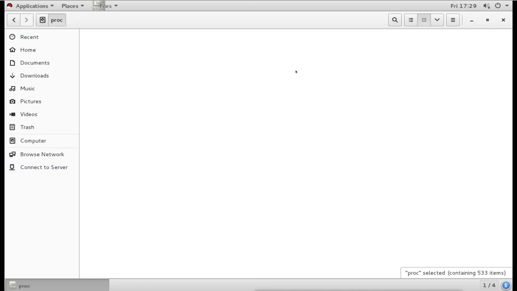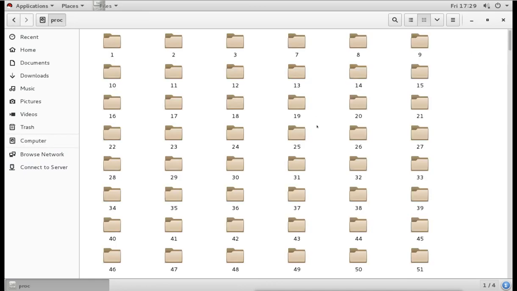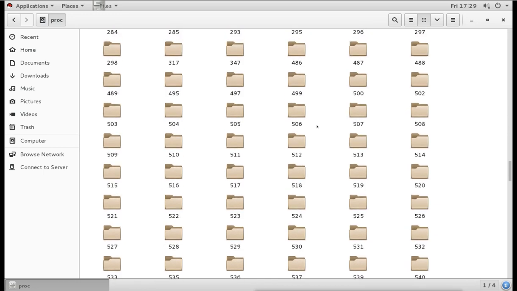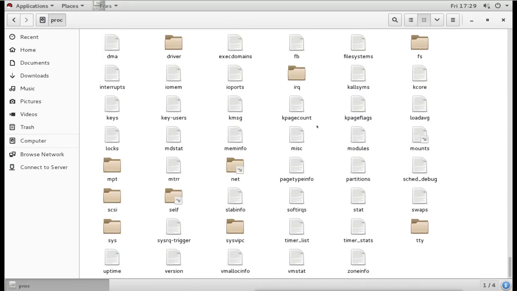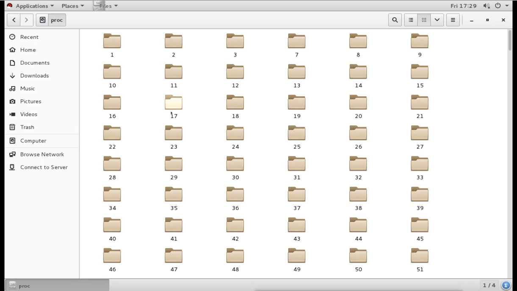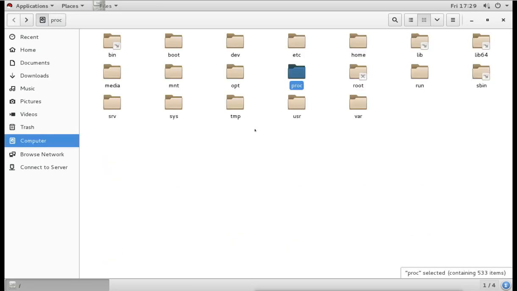If you open this, you can see different files or directories, and these are for the processes. Whatever file you see here is actually a process running in the background. So this proc directory stores the running process files.